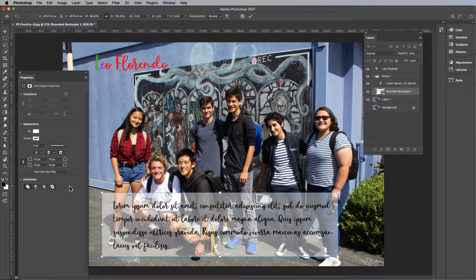Here, if I wanted to have rounded corners, this has really tiny rounded corners. So with that layer selected, I'm going to go to my properties panel. You can see here the rounded corners, and they're all locked together. In other words, all the corners are all 10 pixels. Let's accept that change. With that layer selected, I'm going to change this to be, say, 50. Now they're all rounded a little more, and I can drag that to be a little bit bigger,